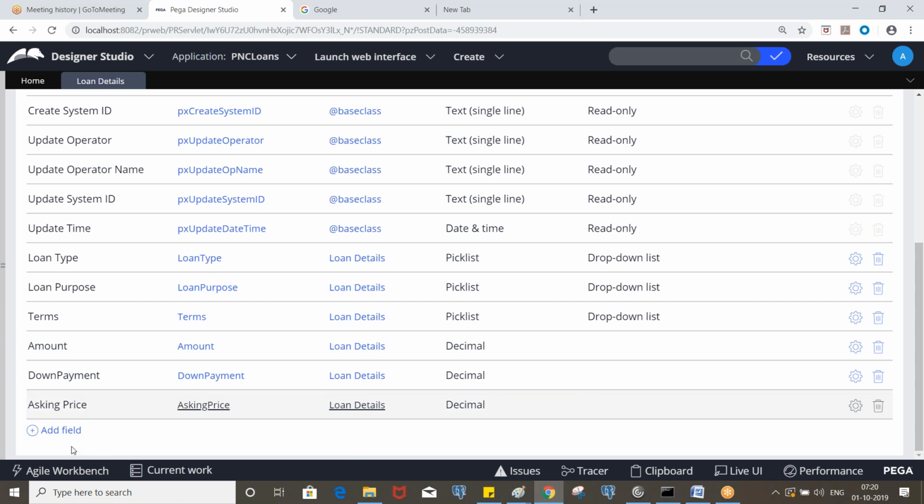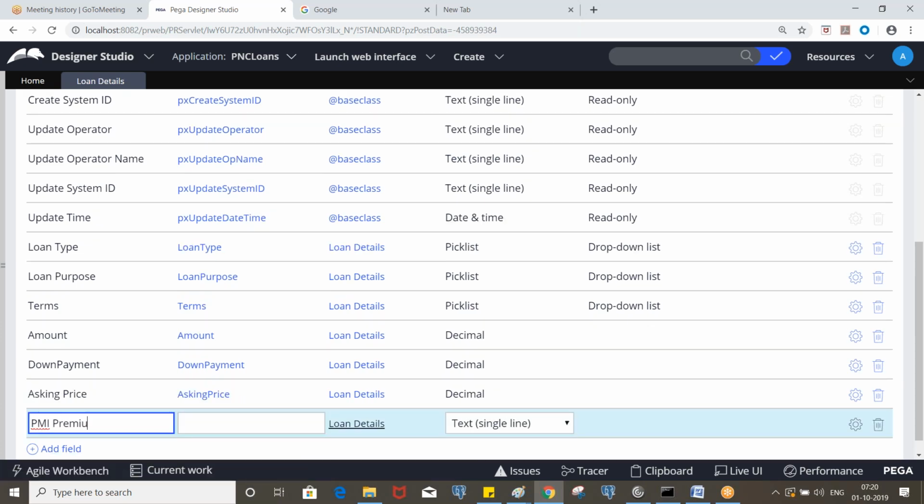Okay, so let's create a property called PMI premium, which will also be decimal. This is private mortgage insurance. Let's say the borrower is paying a very small down payment. For example, the bank says that if the borrower pays less than 20% of the asking price as a down payment, then the borrower has to pay a PMI premium as part of the monthly installments.